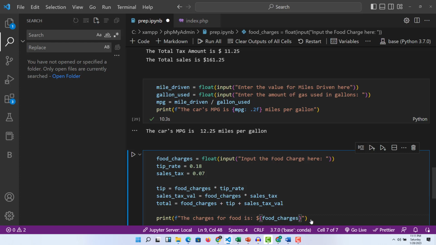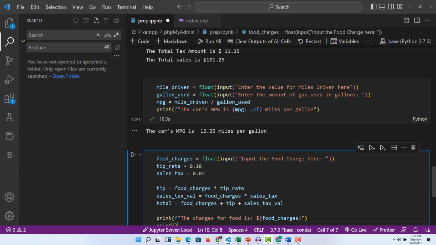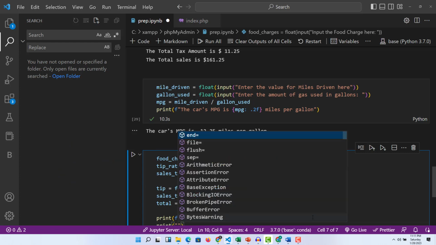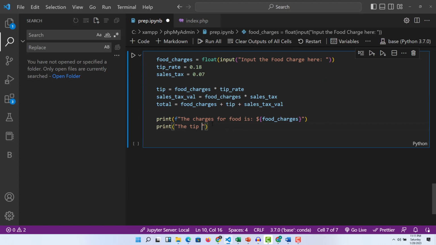So this is one way of doing it actually. So we have another way of doing it using concatenation. Okay, but this is actually the best way if you're using Python 3.6 and above. All right, I'm going to use the second way right here by using concatenation. Say print, open and close bracket, and then you say the tip rate or the tip charges or the tip value